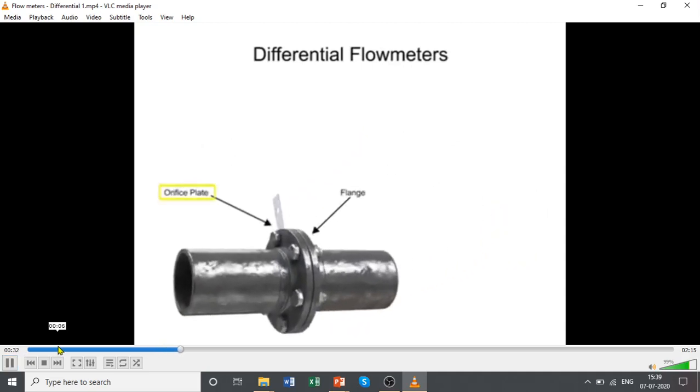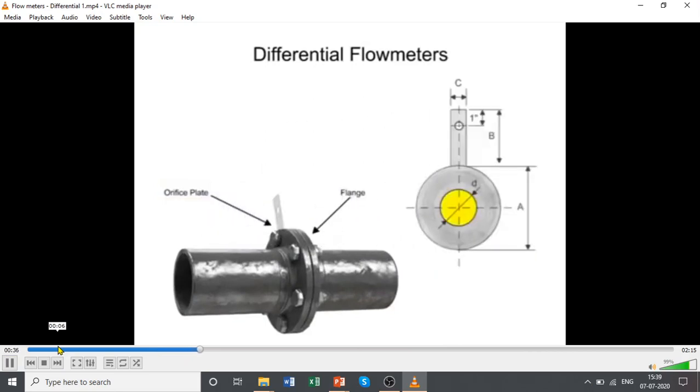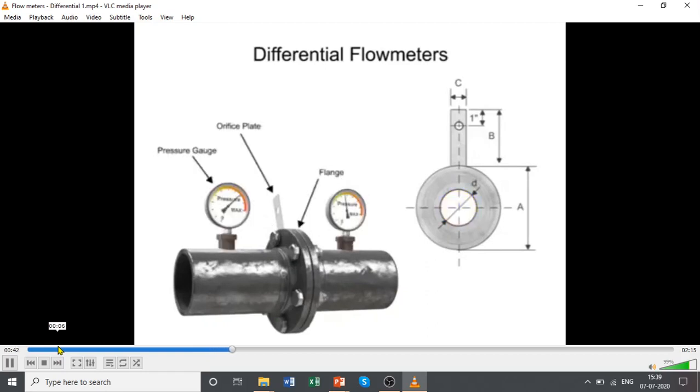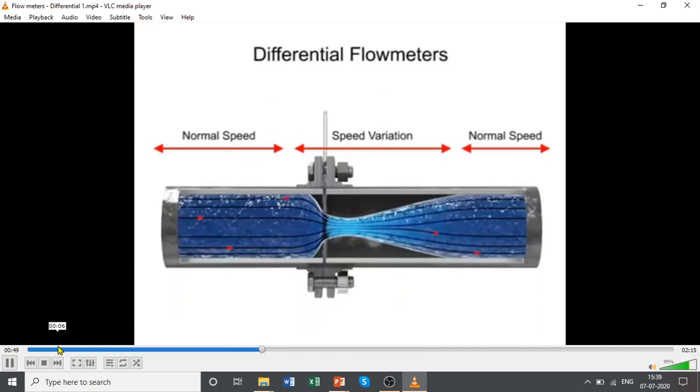The orifice plate of the flow meter is comprised of a circular metal disc with a specific hole diameter that reduces the fluid flow in the pipe. Pressure taps are added on each side of the orifice plate to measure the pressure differential. According to the laws of conservation of energy, the fluid entering the pipe must equal